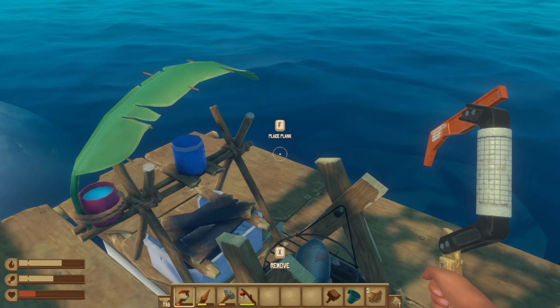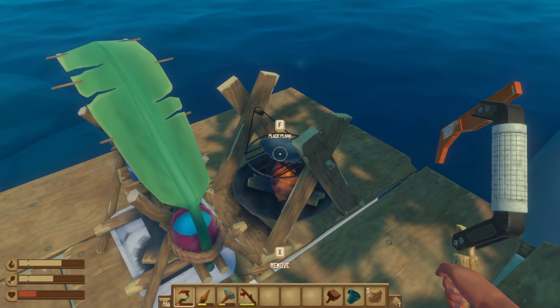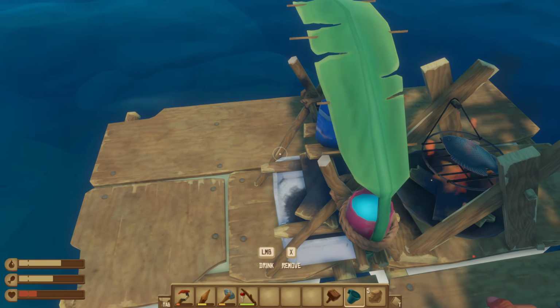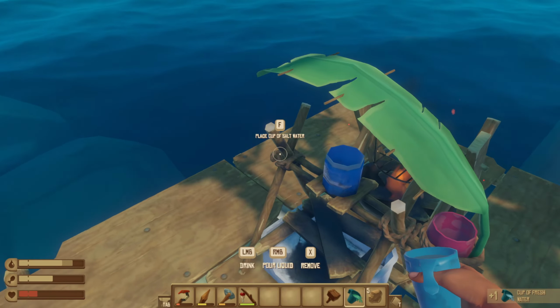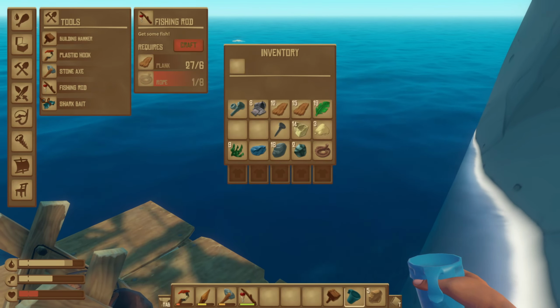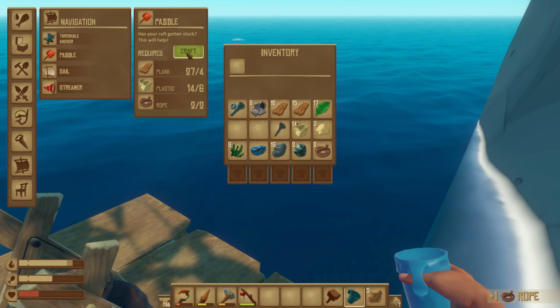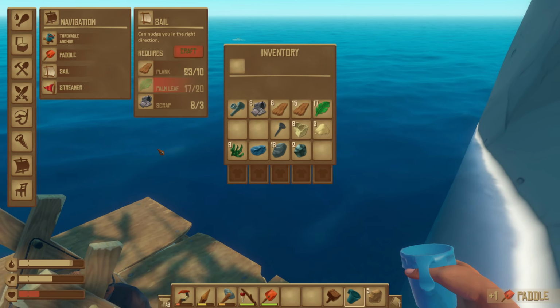So, alright, I think we're gonna have to get back out onto the water now and get more plastic and more planks from sailing. So let's drink some water and get some new water cooking. Now I am stuck here, so I will need to make a paddle to push me off, which this could be really bad if I